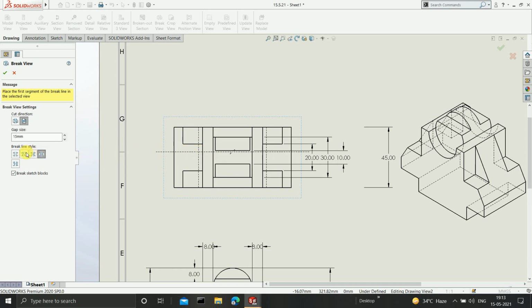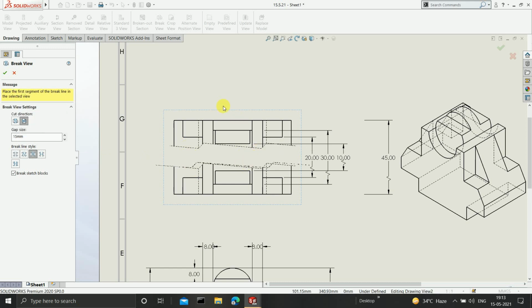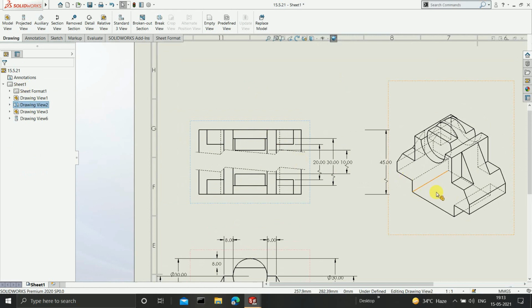Okay, so I'll select the zigzag cut, and select one particular section and draw one more and go some distance either up or down and select one more thing. And can you see, now it is going to get broken into two different parts, and the distance between the two parts is 15 mm since we have entered the gap size as 15 mm. So I'll click on OK, and this is how you get the break view.